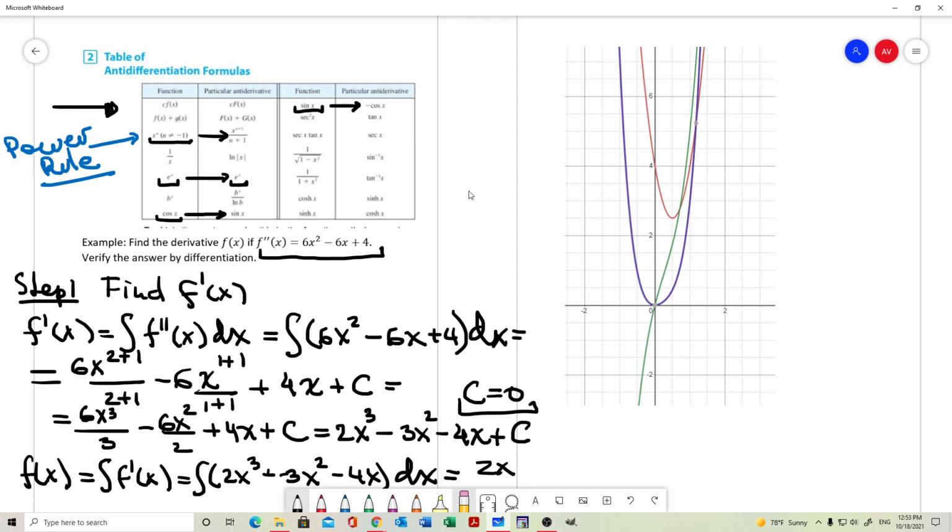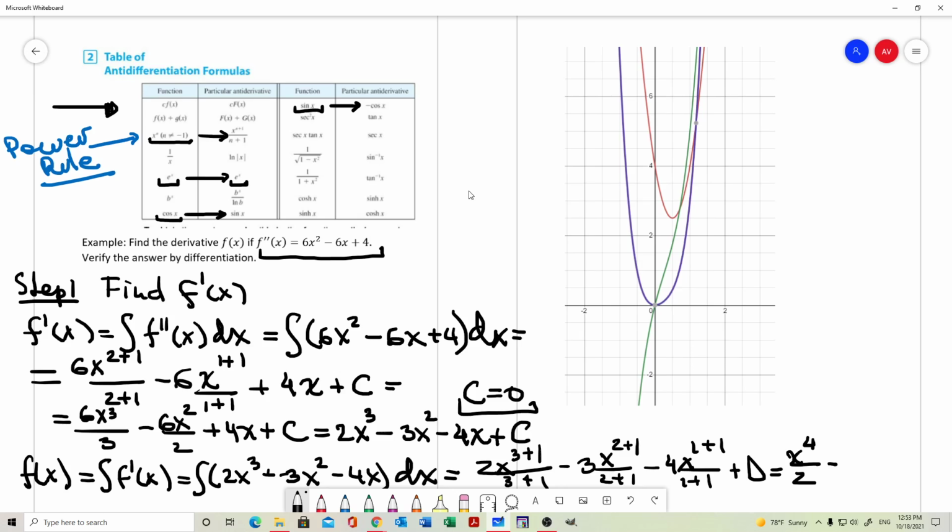Let me do it step by step. 2x to the power of 3 plus 1 over 3 plus 1, minus 3x to the power of 2 plus 1 over 2 plus 1, plus 4x to the power of 1 plus 1 over 1 plus 1, plus another constant D, and that will give us 2x to the fourth over 4, or x to the fourth over 2